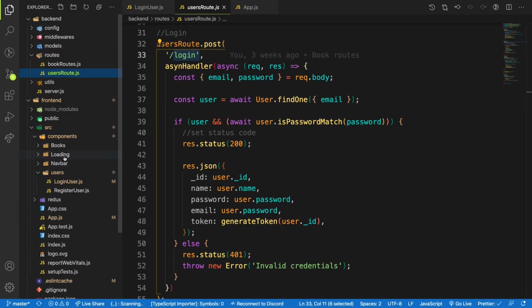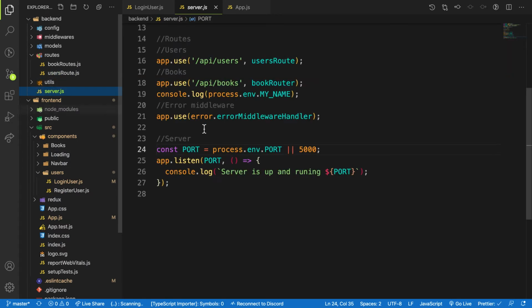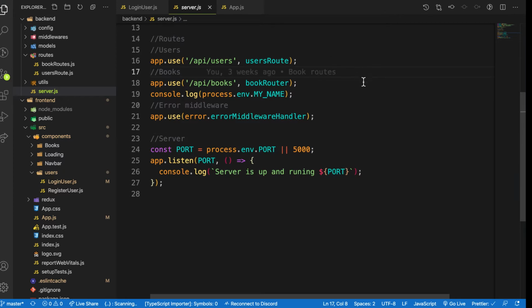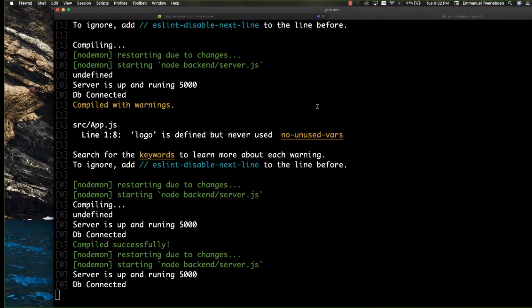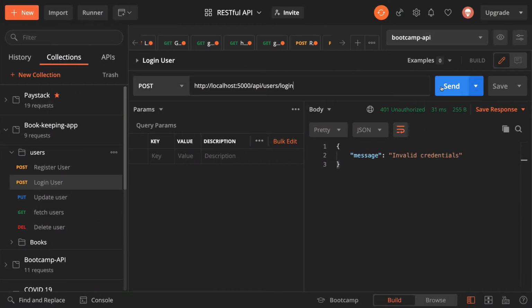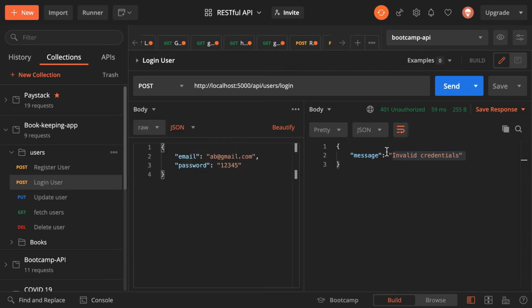Server.js file. This one. And as you can see, it's API user/login. So let me remove this one from here. Backend stuff. Okay. So when you head over to our endpoint, when you click send, it tells me invalid credential because I haven't added any. I'm not passing any data to this endpoint, and our async handler is doing that one. And as you can see, these names are not even in the database,